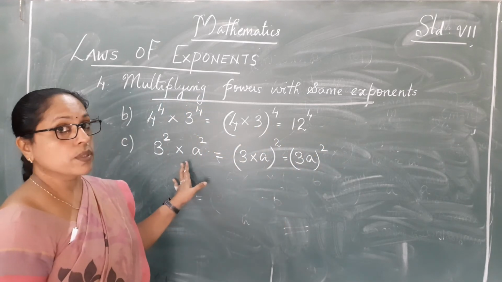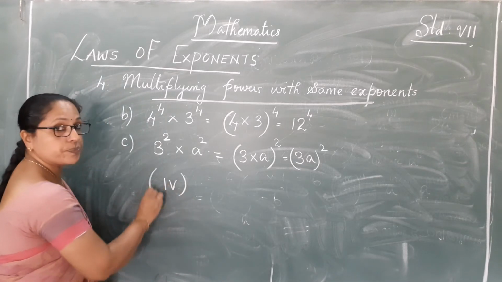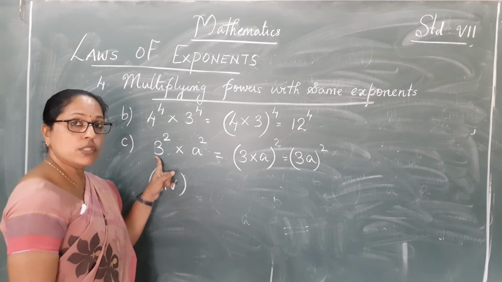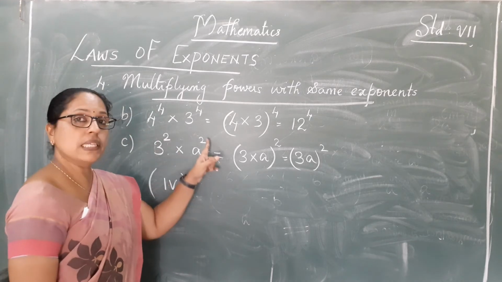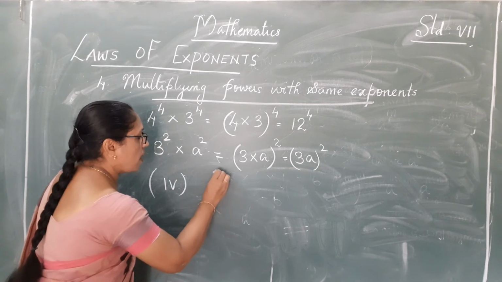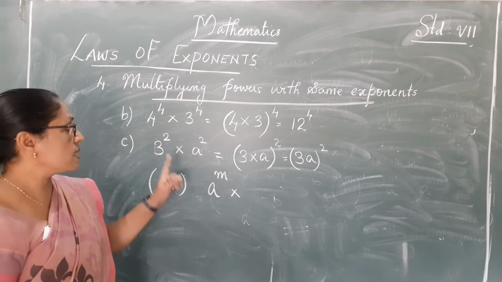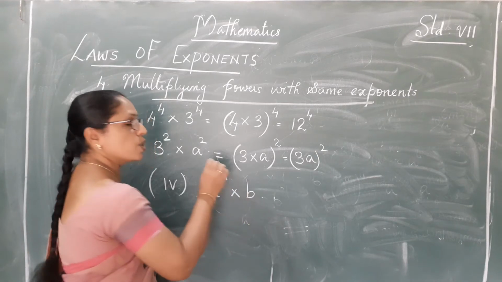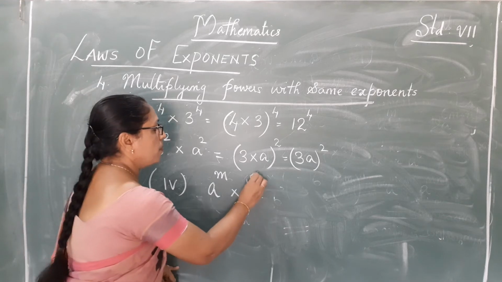So here it comes to the fourth law. What is the fourth law? Let's use the general form. Remember, here bases are different. So one base you have to take a and another base you have to take b. And the powers are same. So there we need only one letter m. Okay. So a raised to m into, come on, what is the next one? As I said, next base should be different. So what do you take? B. Okay. B raised to power. What about the power? The powers are same. So b raised to m.